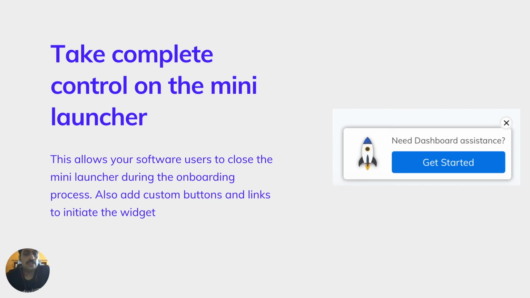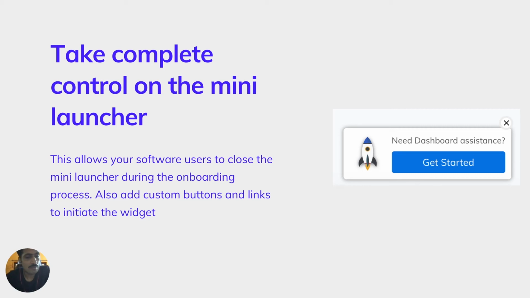The second is to take complete control of the mini launcher. We have a mini launcher in the widget along with the user onboarding widget. This particular mini launcher can hide. So the user can hide the mini launcher, and they can take the entire control. Let's say if they want to initiate this particular user onboarding widget or the mini launcher, you can define a particular button somewhere in your dashboard.